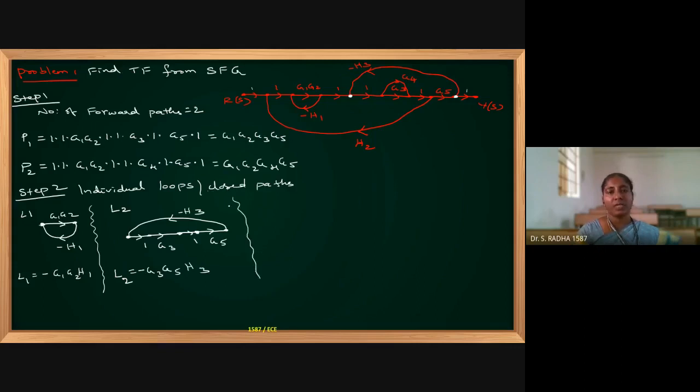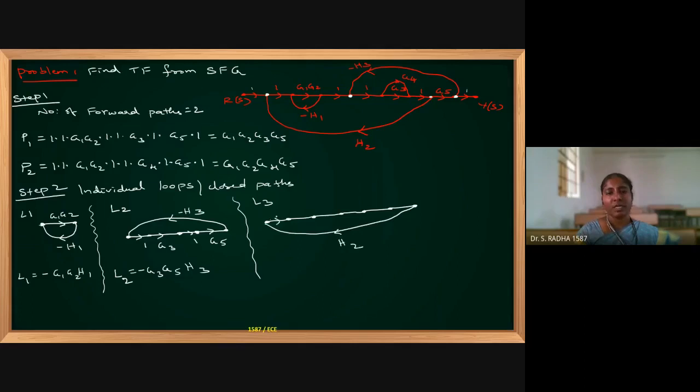Okay, so are there any more closed paths? You can just check. So I will start from here, travel up to this point, and come back in the direction of H2. I will just draw it. I am having 1, G1, G2, 1, 1, G3, then 1. After that, I will come back with the help of H2, in the direction of H2.